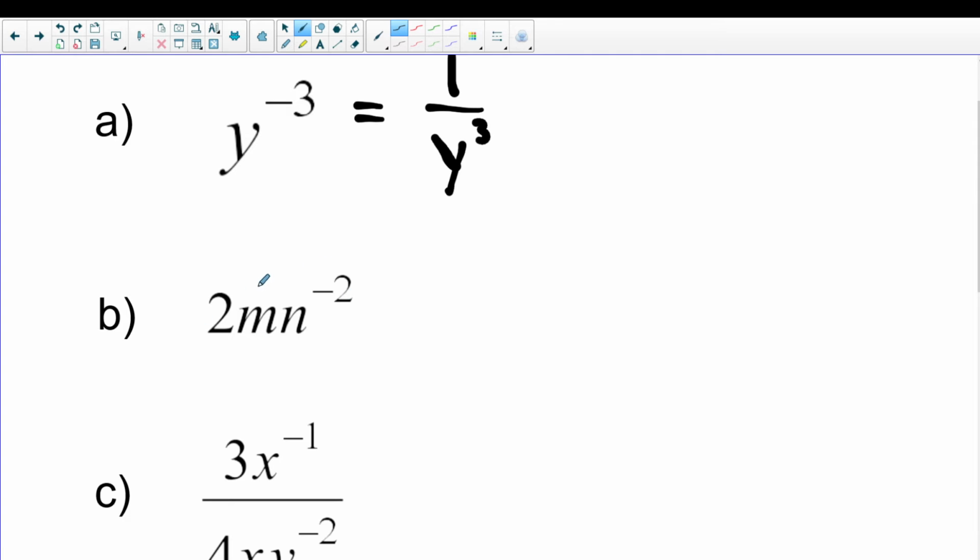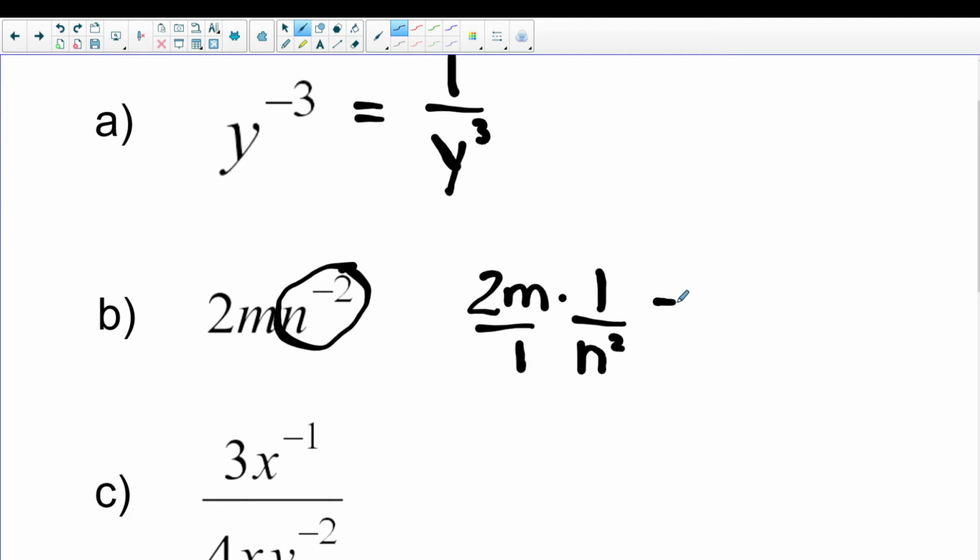On the second example, we have 2m n to the negative 2 power. The only thing that's being raised to the negative 2 power is the n. So this would be 2m times 1 over n squared. And if I turned all these into fractions and multiplied straight across, I'd have 2m over n squared. So this n to the negative 2 power simply moves down to the denominator of the